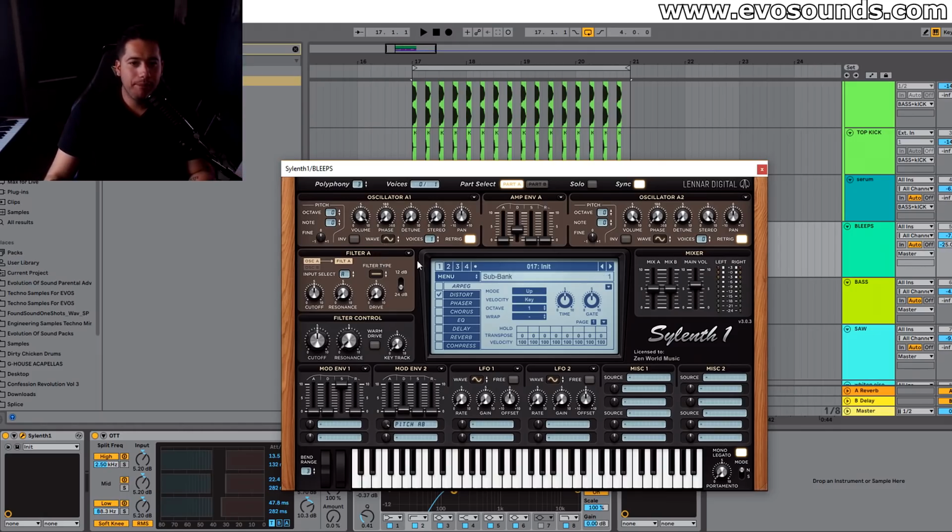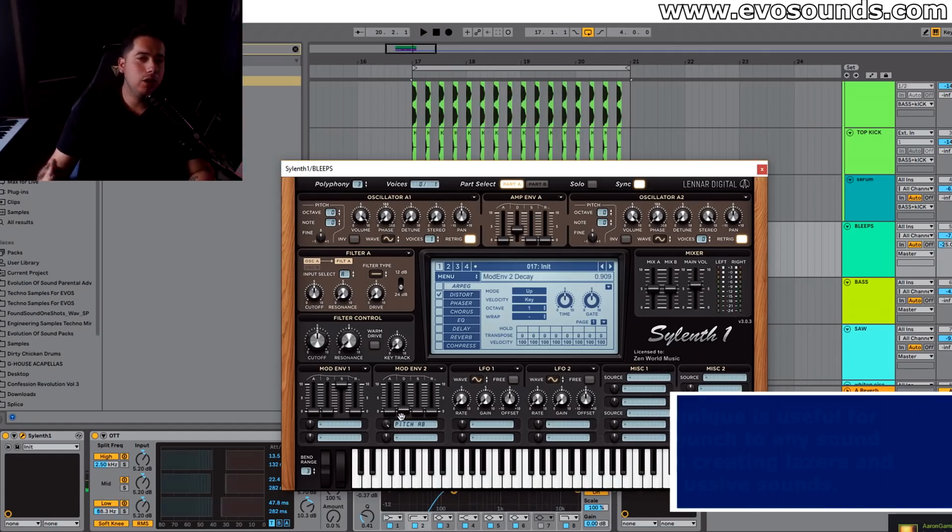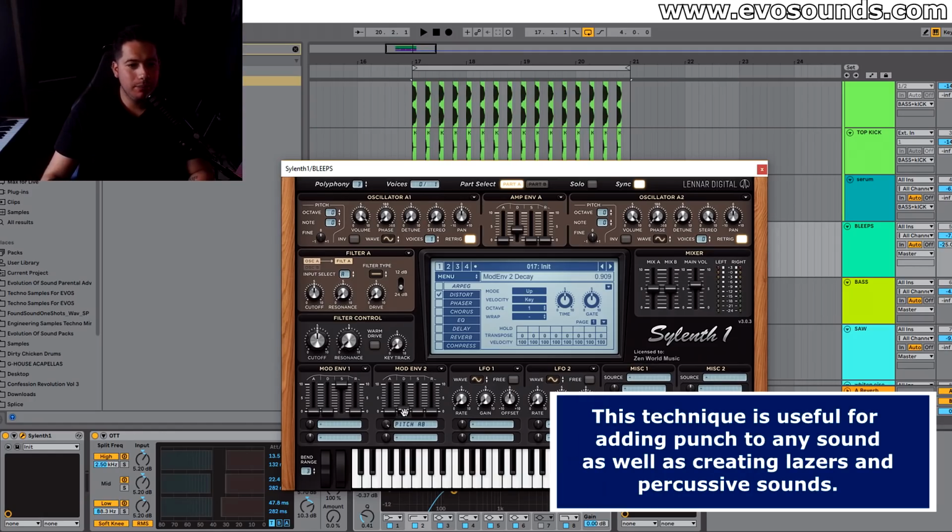We have a sine wave here, and pretty much we're routing an envelope to the pitch of it. So we can do that here, pitch AB. We're going to route it to the right here. This is going to be the amount we're adding to that pitch modulation. So if I have it low, the higher you go, the more higher frequency you get there. The decay is going to control how fast it happens. So if I have a high decay,